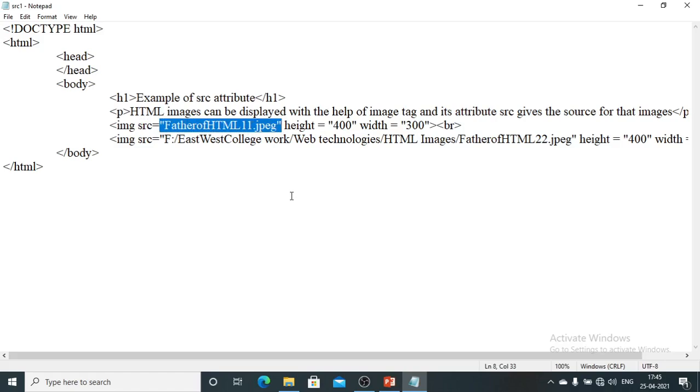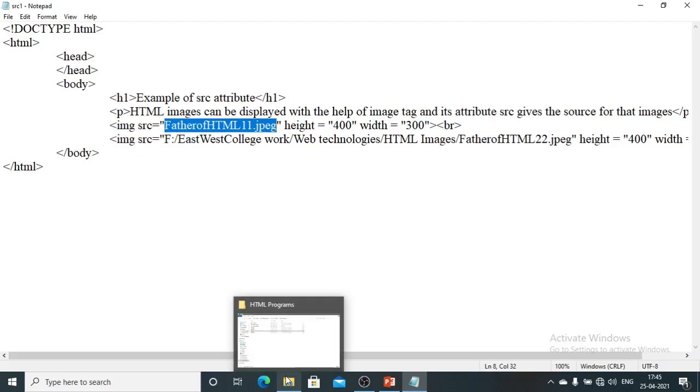For src we can place the file name if it is present within the same directory or in a different directory. If it is in the same directory, there is no need to give the path of the file. Directly we can write the file name, that is father of html11.jpg. Let me show you that.